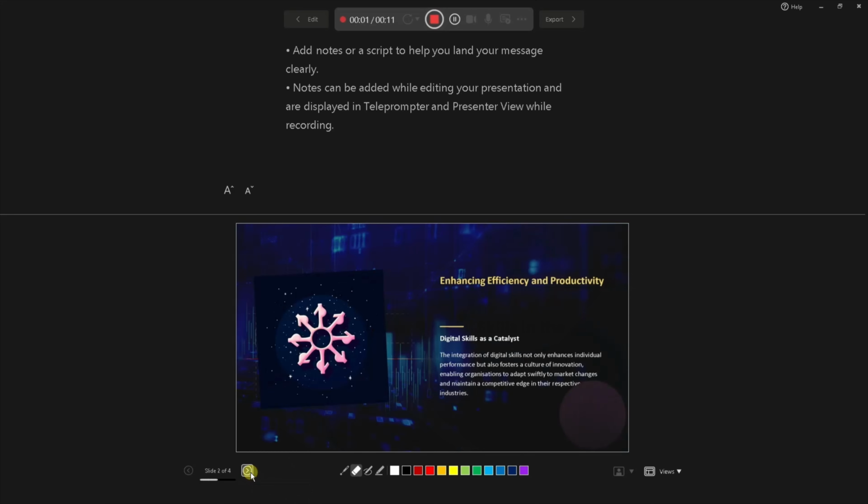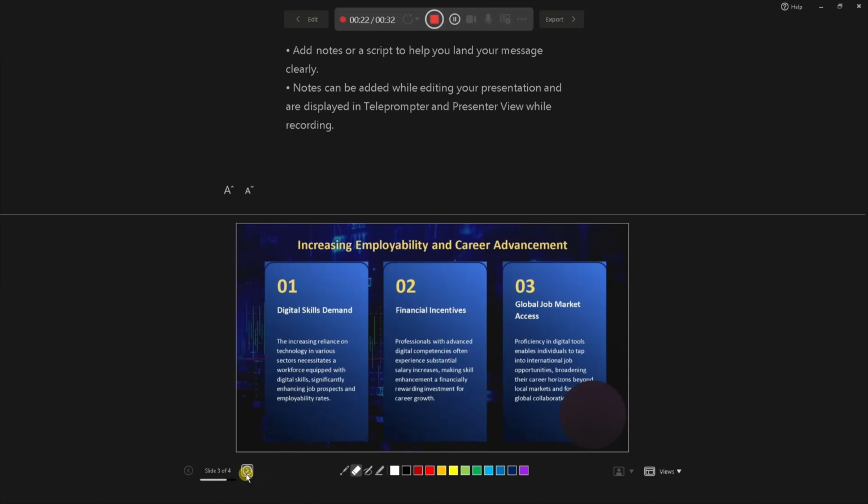So slide 2 is all about how digital skills, or having those capabilities, enhances efficiency and productivity. Again, it not just improves your own personal performance, but also offers that culture of innovation, enabling organizations to adapt swiftly to market changes and maintain a competitive edge in their respective industries. And then you can go on and obviously articulate your presentation in the way you want to do it. I'm not going to do it for the purpose of this video, but I'm just showing you how to record